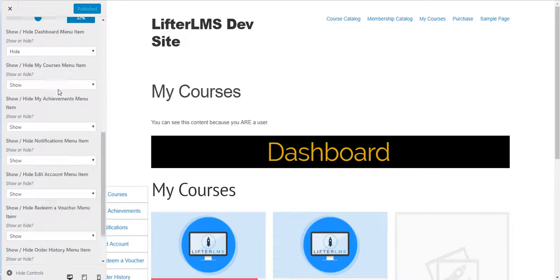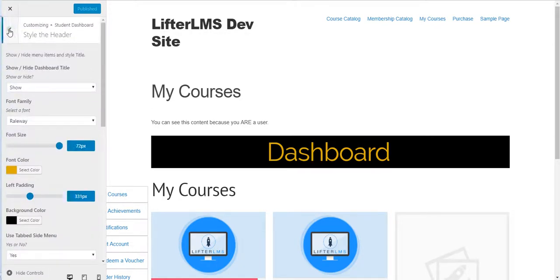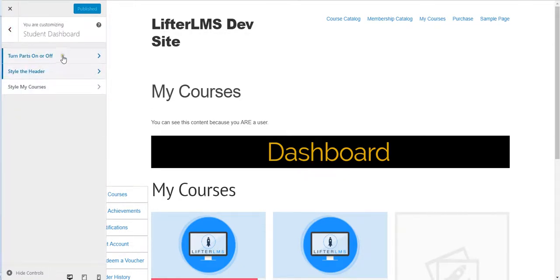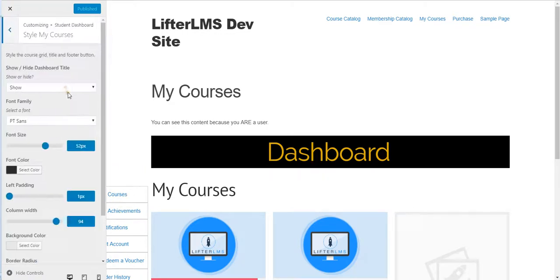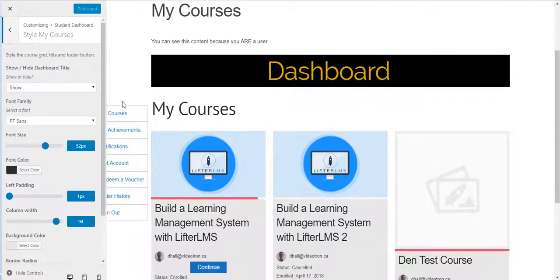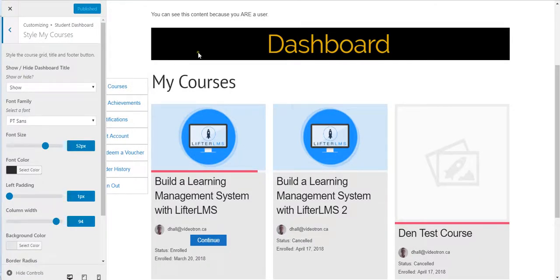So continuing on, we've now seen how we can manage turning parts on or off. We can style just the header and the header menus. Now we can style my courses as well. So let's say that I really don't like that dashboard title. Let's go ahead and just hide